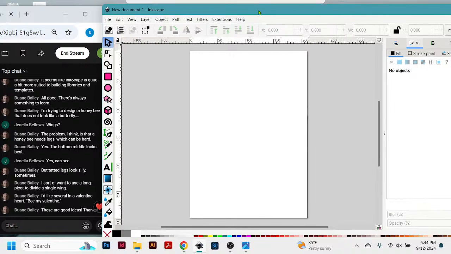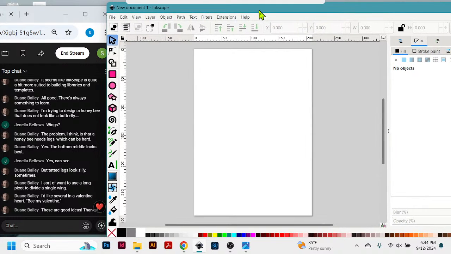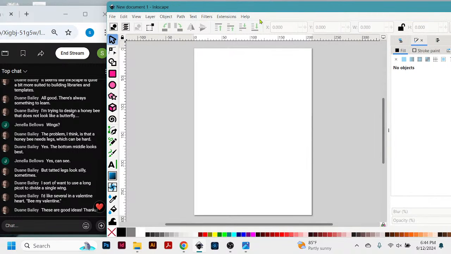If you get the welcome screen, one of the things you can do to get rid of it is, if you like to just open up your program and not have that window that says time to draw, and you can say new document down at the bottom of it, and it shows some of the previous things you've done. I closed that, and the way I did it is I went to